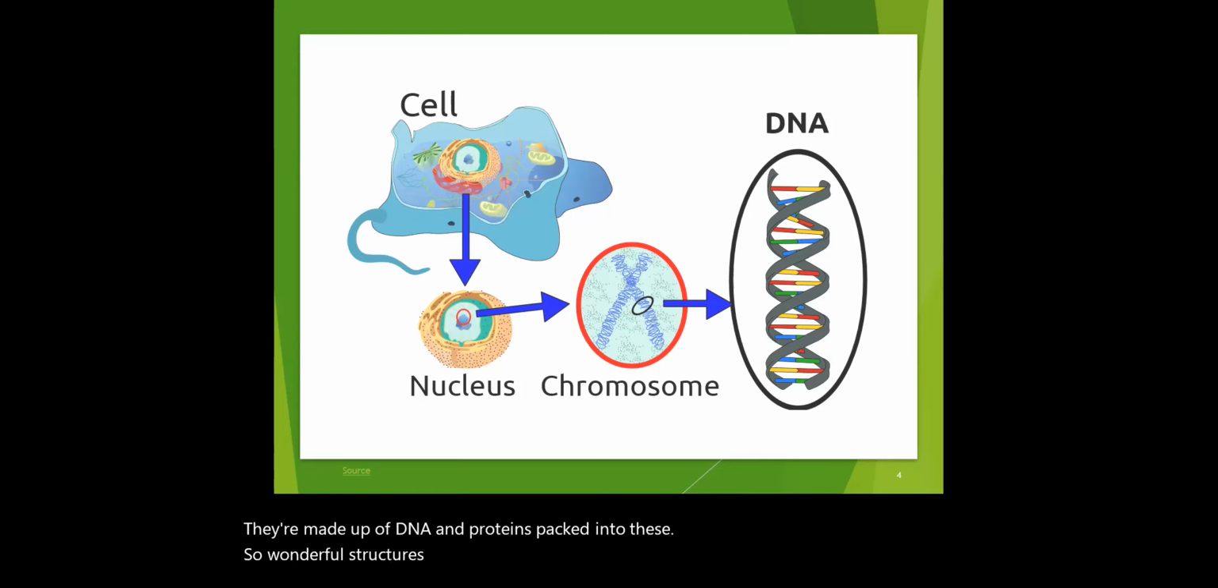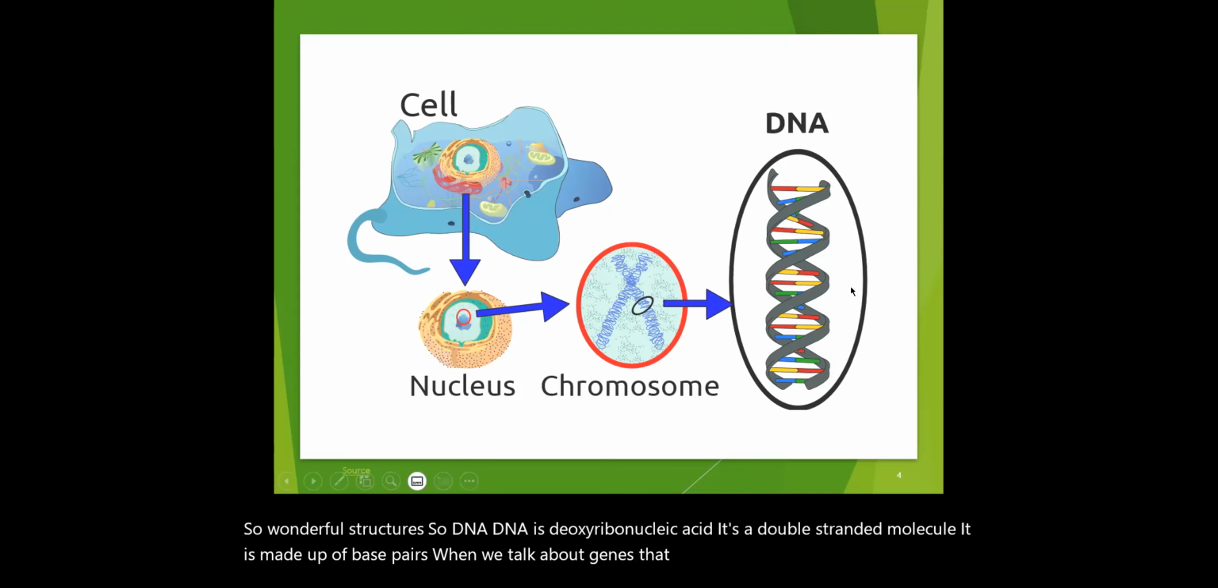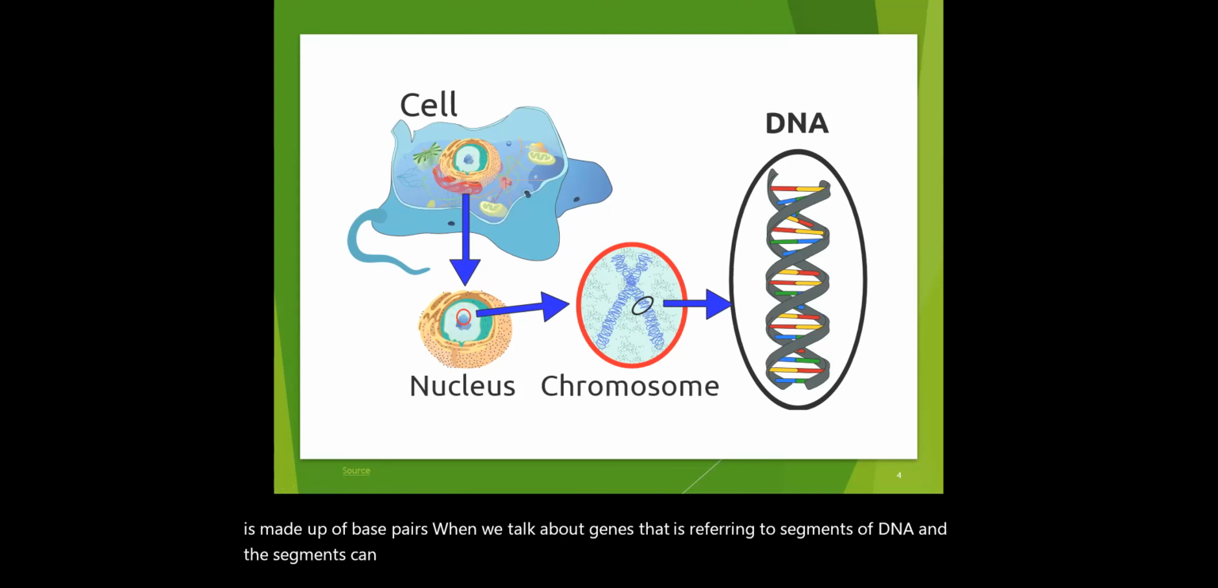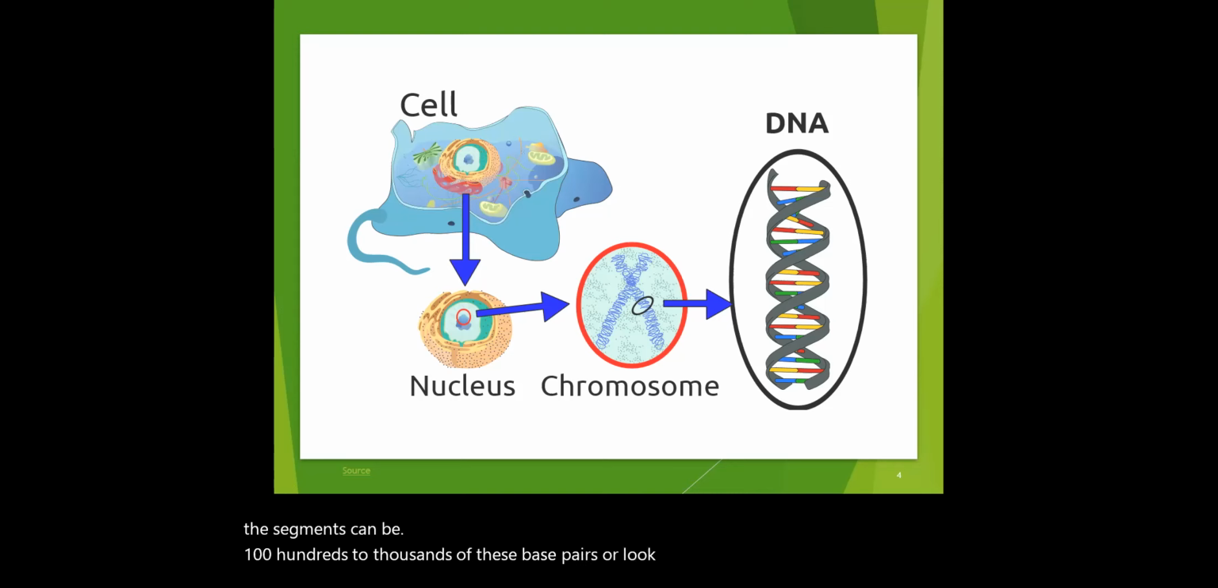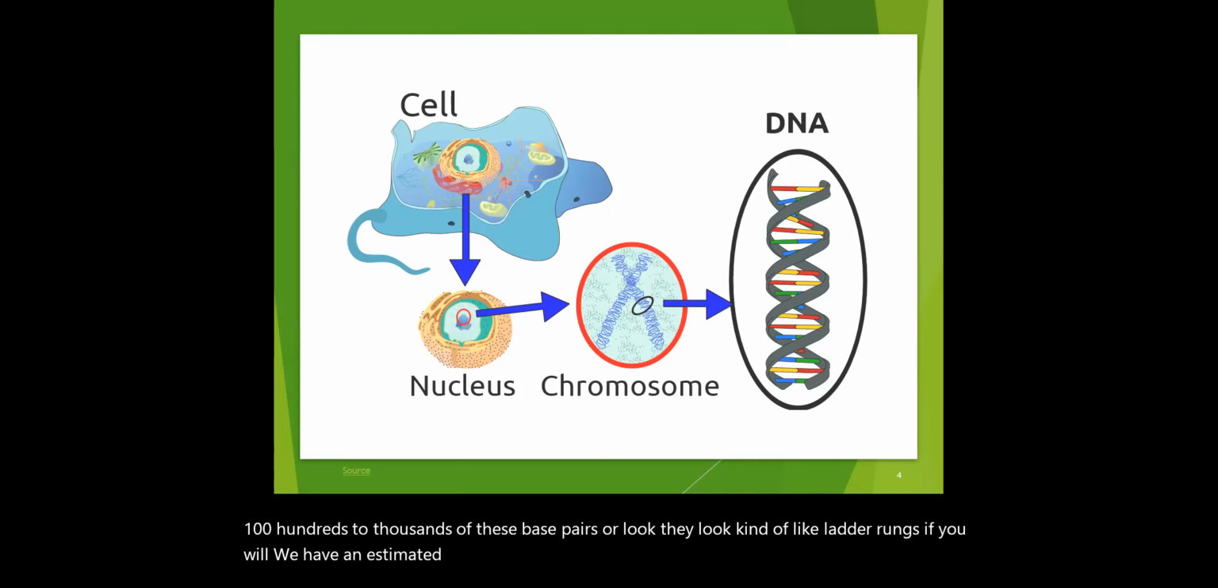So DNA is deoxyribonucleic acid. It's a double-stranded molecule. It is made up of base pairs. When we talk about genes, that is referring to segments of DNA. And these segments can be hundreds to thousands of these base pairs, or they look kind of like ladder rungs, if you will. We have an estimated 20,500 genes